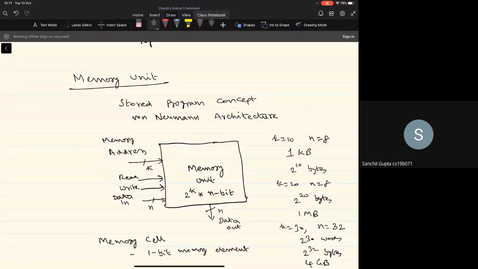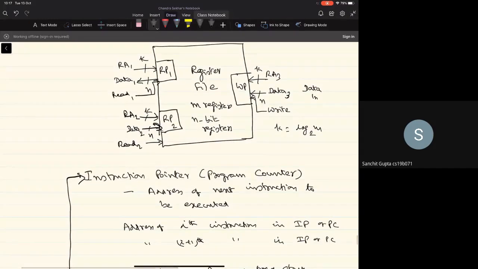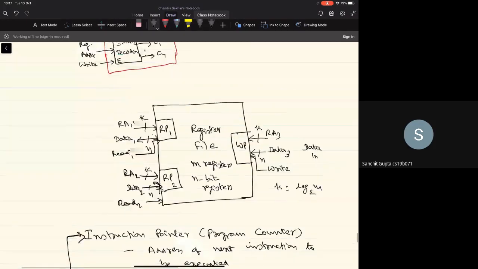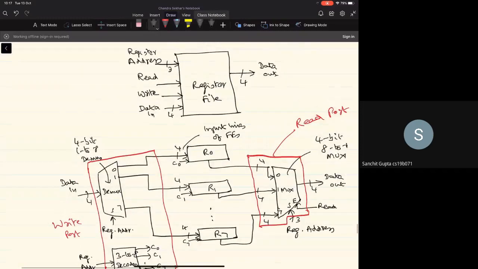Here we specified the configuration of the register file as M registers, each register of N bits. In order to build the register file, let's say we had M equal to 8. We have seen that we used an 8 to 1 mux for the read port, and a 1 to 8 demux for the write port.